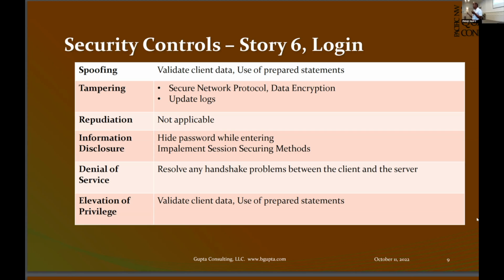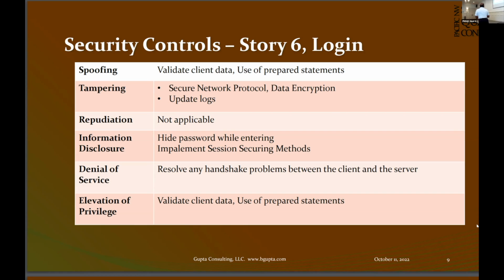The query should not be built on the fly. Don't get the data as parameters and build a query, because if you did that, there are very good chances of SQL injection, and you can let somebody in through that. So that was the first one.